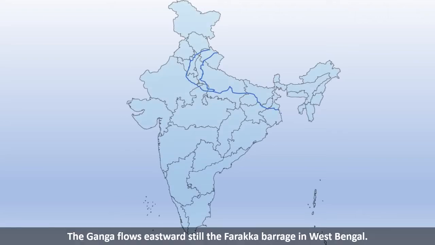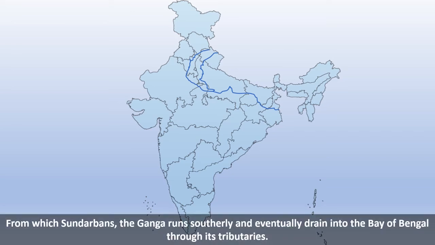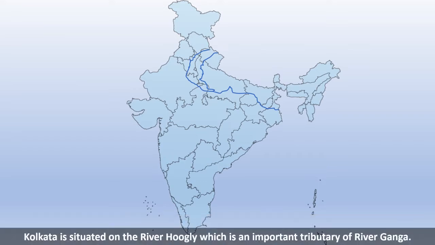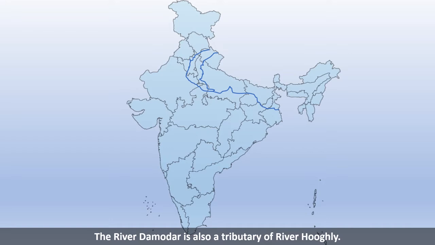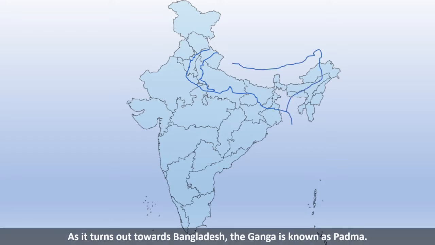As we studied, the river Kosi is known as the sorrow of Bihar. Similarly, the river Damodar is known as the sorrow of Bengal. This name is given to the river due to the danger it causes to the property and the life of the people due to its sudden flooding and sudden change in the direction of the river.